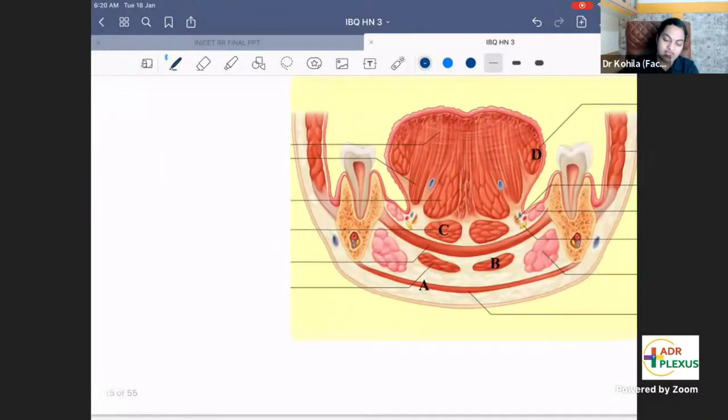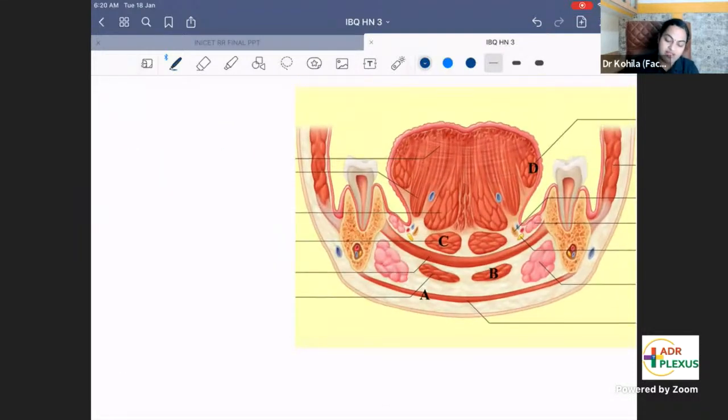Yes, this is another question. Same thing. You can tell me the answers now. This is genioglossus, inferior longitudinal muscle, hyoglossus, styloglossus. What will be C? Below genioglossus,